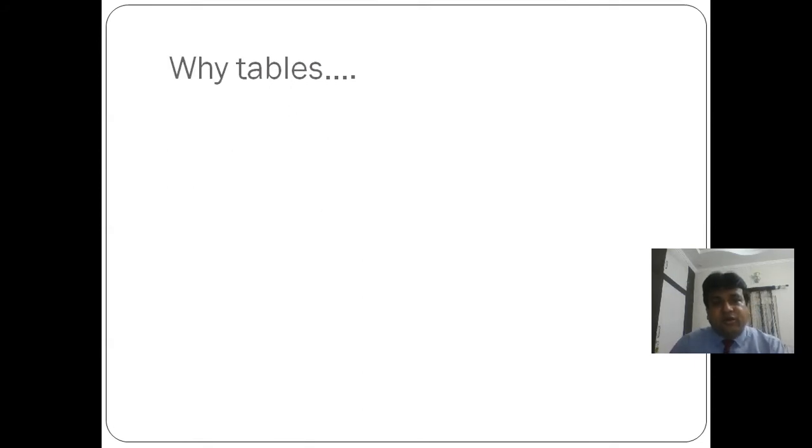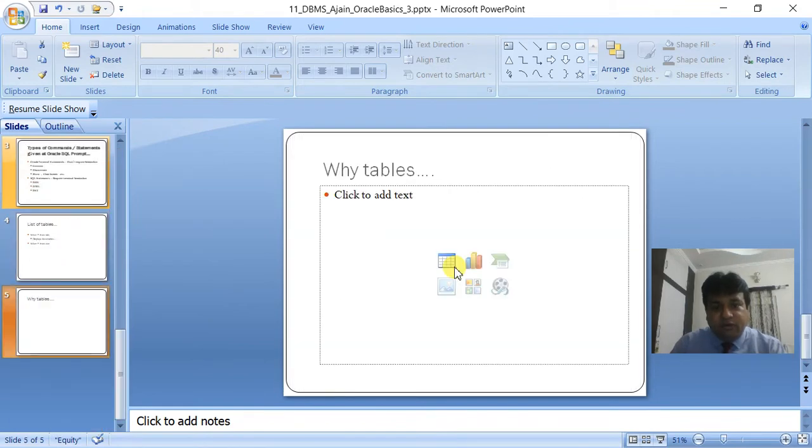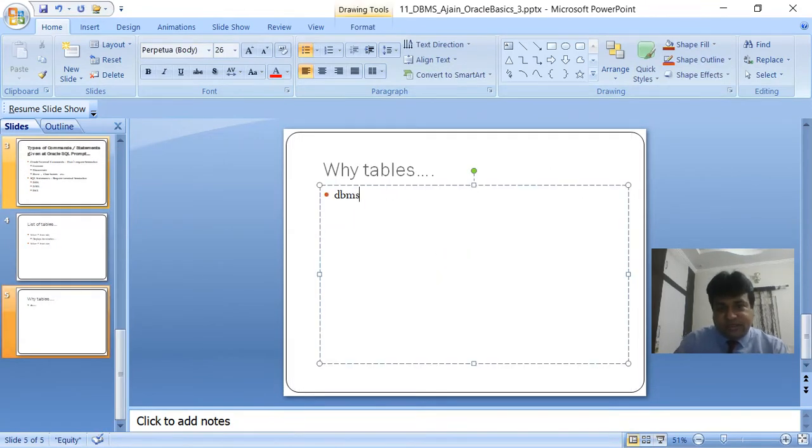Okay. Now the question arises, why tables? This is the biggest question. Why tables? What are tables? Now, see what we are doing. We are learning DBMS, or to be specific, RDBMS. So RDBMS is actually totally based on tables, which are technically called relations. Okay, and you will come to know slowly what the basic requirements of an RDBMS are, what are Codd's rules.